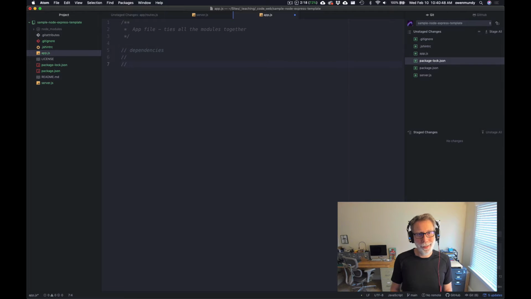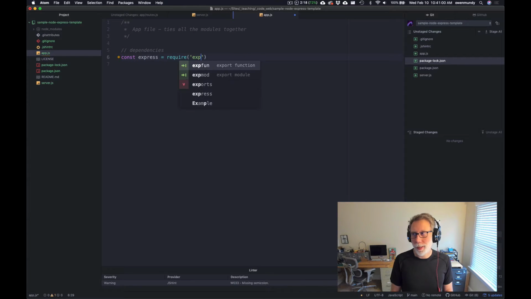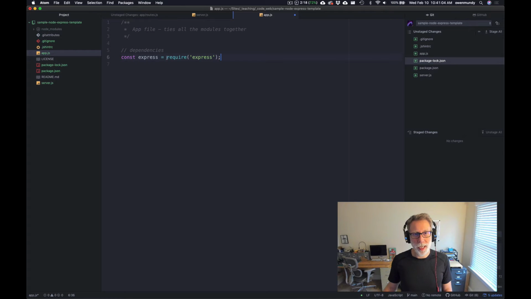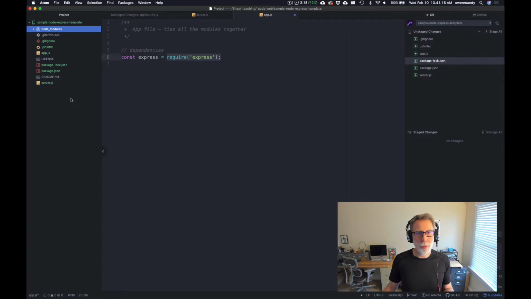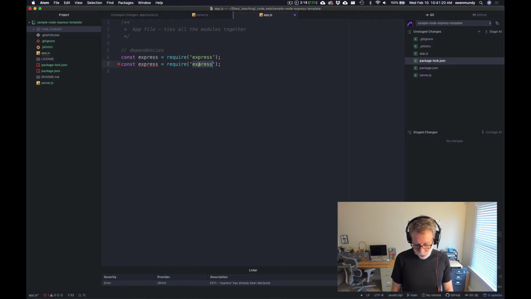Dependencies, that looks good. And so we need Express, so require Express, and this is a package, so we can just say require Express, and because we didn't put a path in here, node npm will automatically know to go look in the node modules directory, and it'll pull Express from there. And then we'll use path,